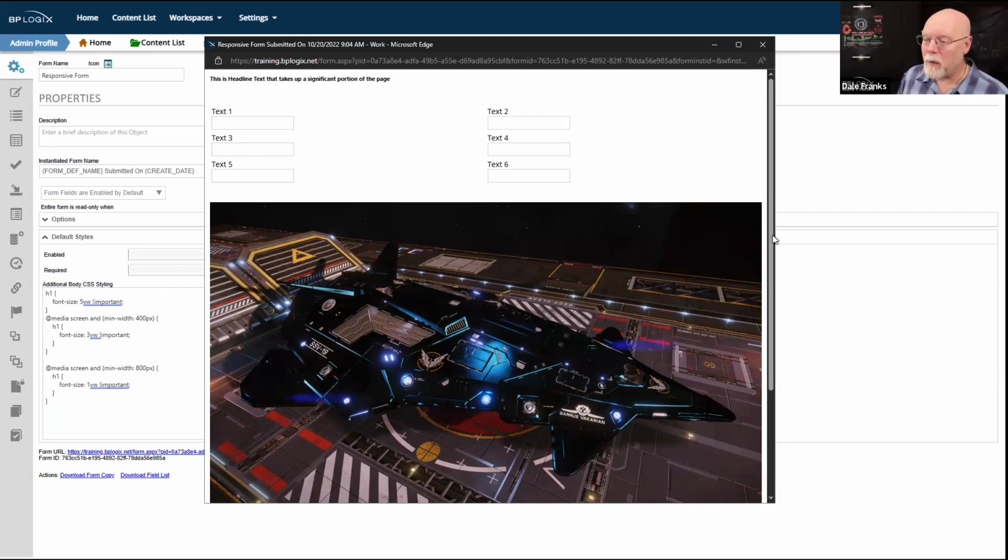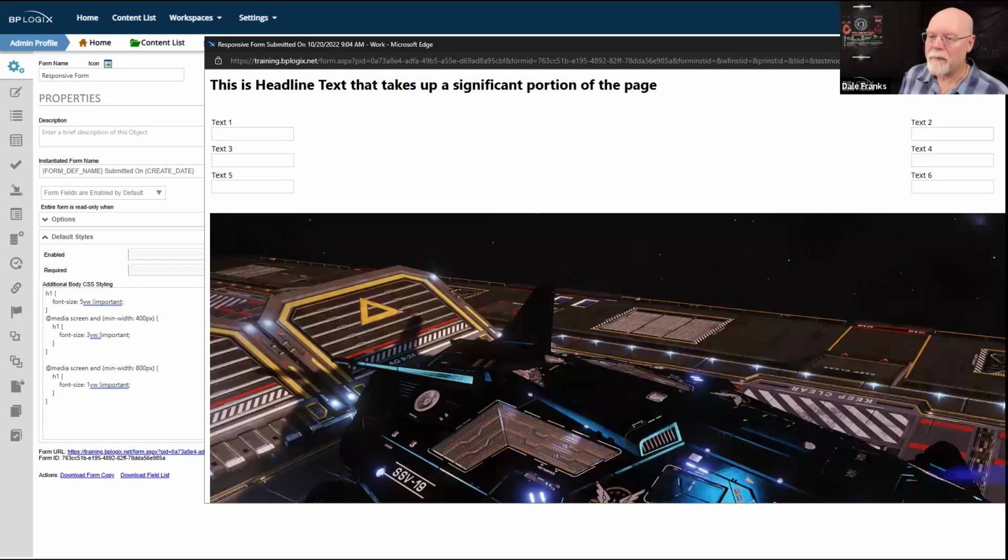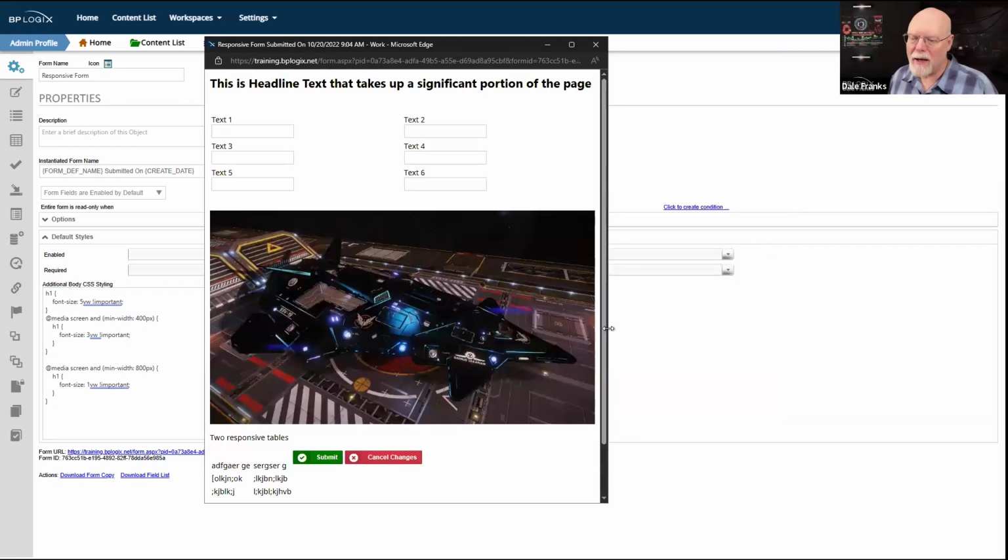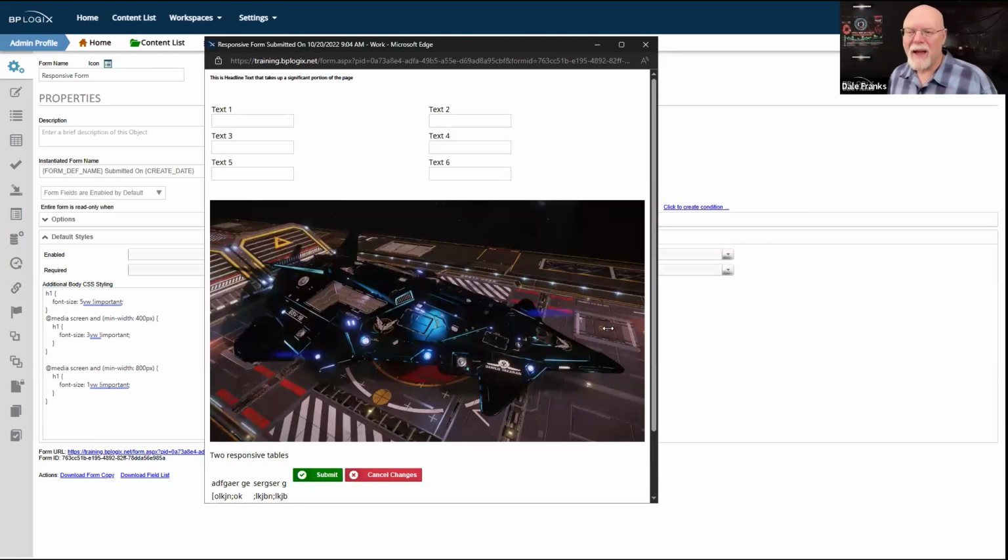Now, the thing about viewport width is it's expandable. It is a proportion of the page. And so for bigger pages, the text gets bigger. For smaller pages, it gets smaller. There are some drawbacks to using it. If we get to a certain size, that text gets awfully small.